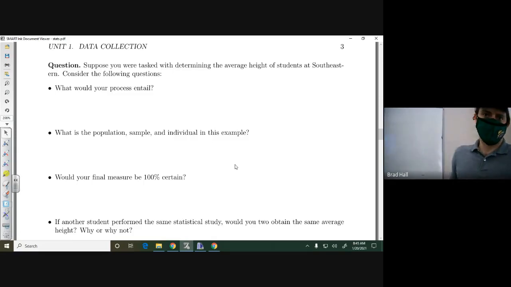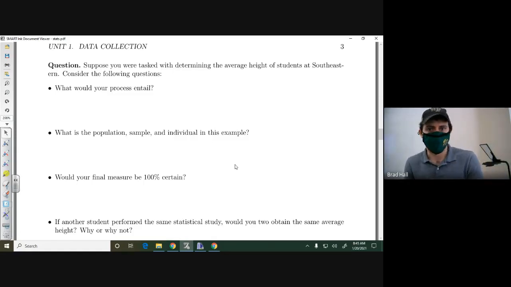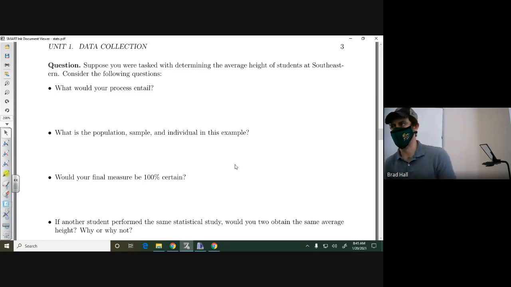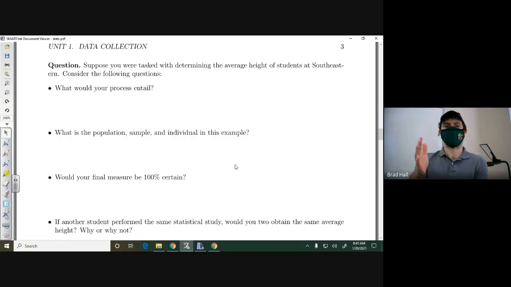All right, cool. So there's no right or wrong way of determining this. That's not the end of the process. That's just collecting. So organizing is what Jordan was getting into. So organizing and summarizing this information. As you mentioned, take all the heights that you collected. If you want to find the average, you add up all the values and you divide by the number of people that you surveyed. Of course, that's the average.